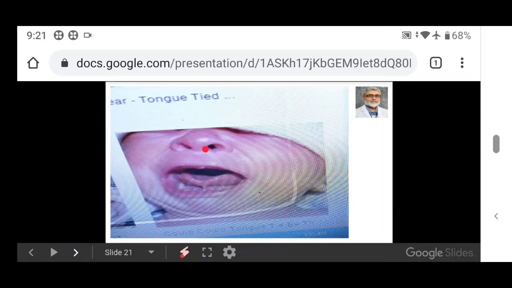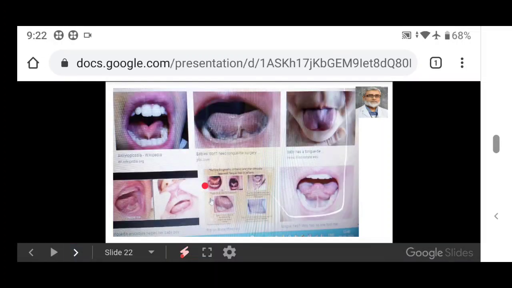You can see this picture. This is a typical case of tongue tie. The frenulum is attached anteriorly up to the tip of the tongue. So this child cannot protrude his tongue completely out of the oral cavity. Hence, utterance and articulation of words is affected. This is a very important, very simple condition. It has a surgical maneuver. And now different ulcerative lesions over the tongue.